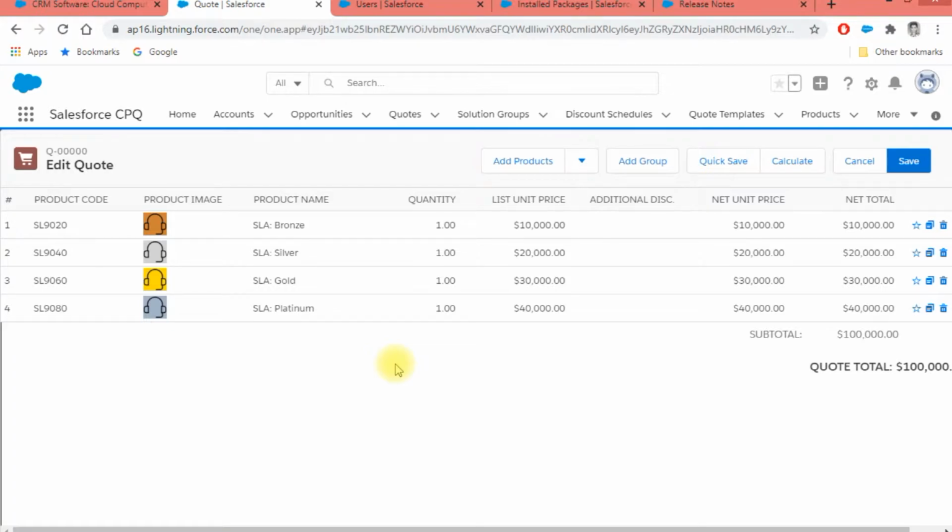So in the upcoming release, we're going to get a feature where a sales rep can resize the column width, but at the same time they will not be able to change the size of the rows. Those settings will be saved independently for each sales rep, so they will be unique to each sales rep.